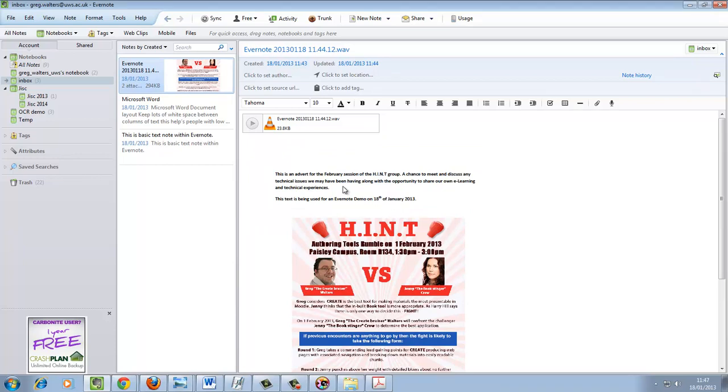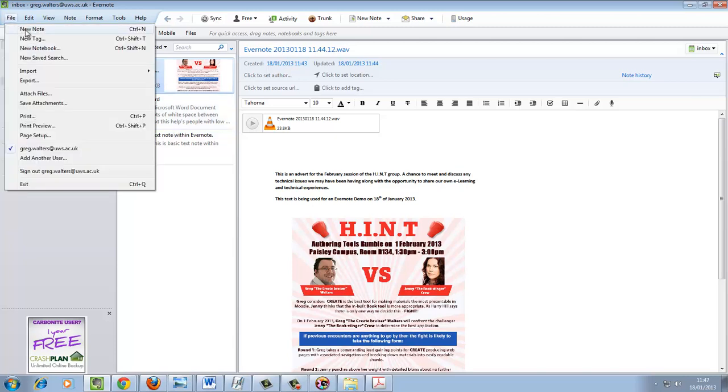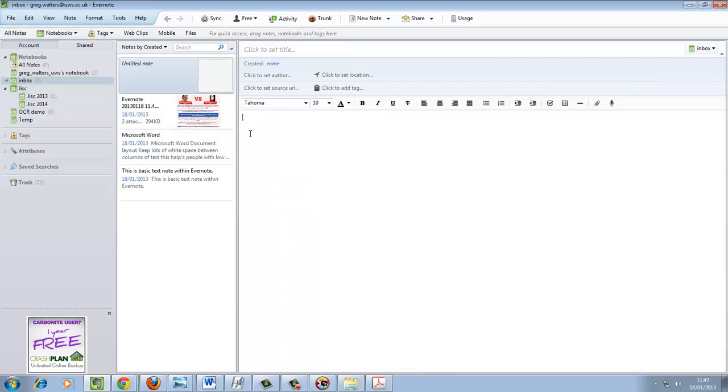Okay, so I would like to create one more note finally within our default inbox, and this is going to be a video note, just to show you how easy it is to insert video files into Evernote. So I'm going to go up to File, New Note, and this time I'm going to scroll along within the note toolbar to the insert icon, which is next to the microphone icon we just used. So I'm going to click here,